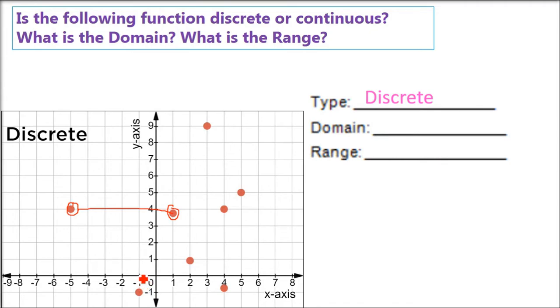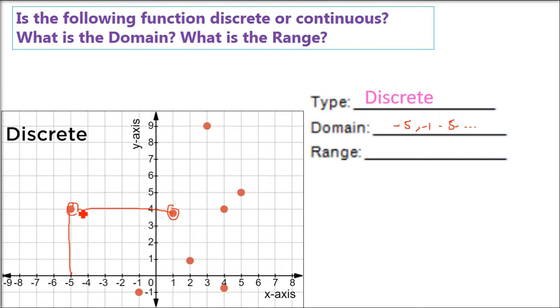I'll take one of these or a few of these. Say, x value. This one. What is the x value? -5. Write it here. Take it here. What is the x value? -1. Take this one. What is the x value? 5. All these. So you have to write x values here.